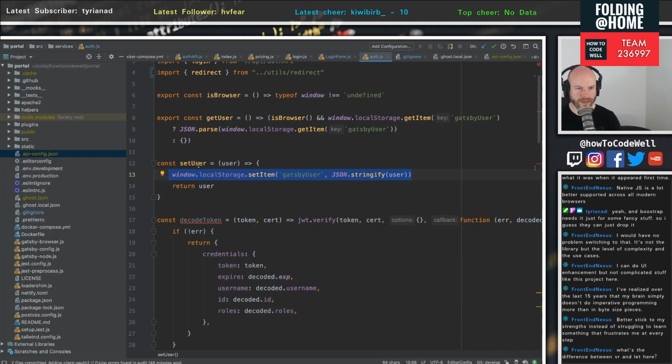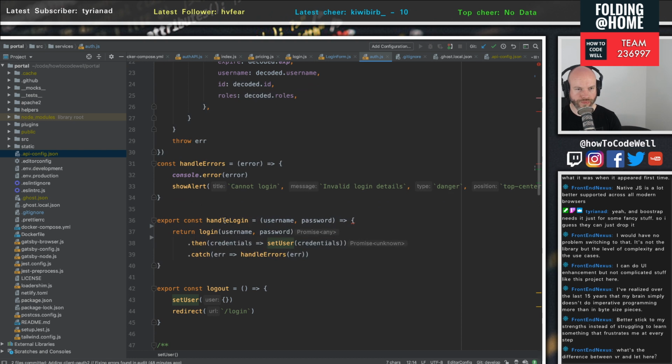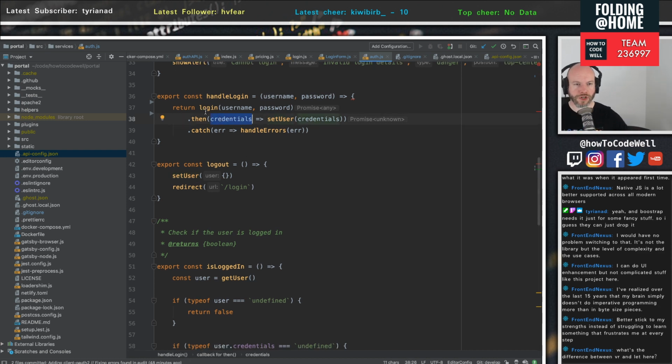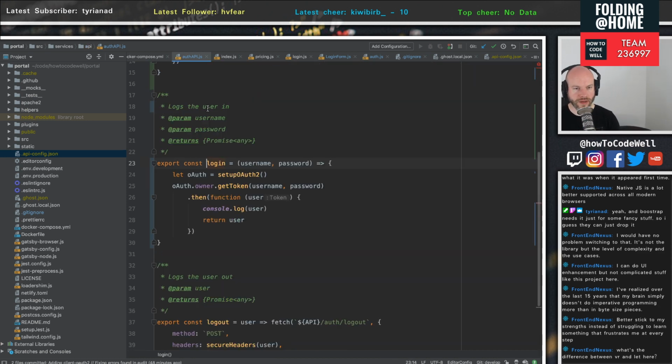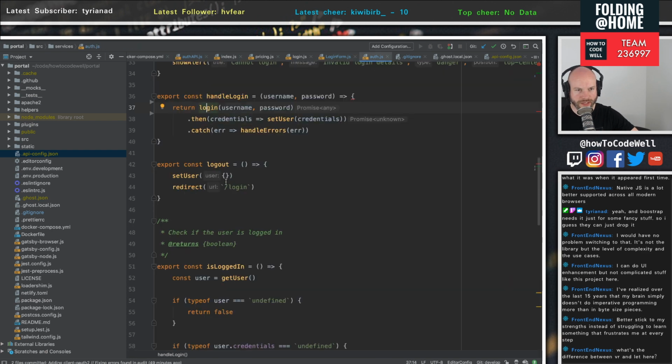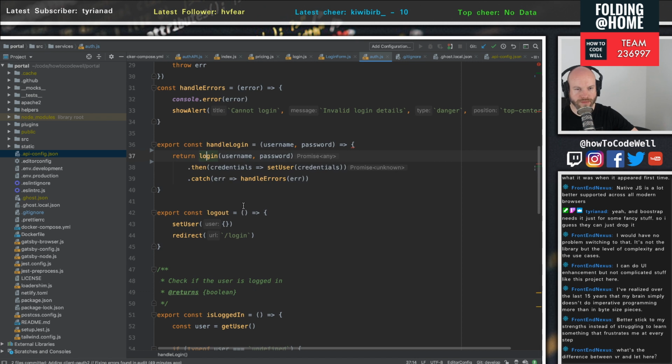Why did that not make it to set user? Is it because credentials, which should be coming back from login, isn't passed correctly? Then, to be honest, I'm kind of thinking that. And I understand why I did it. I moved all of this out, I decoupled all of this, but I think that I could probably get away with